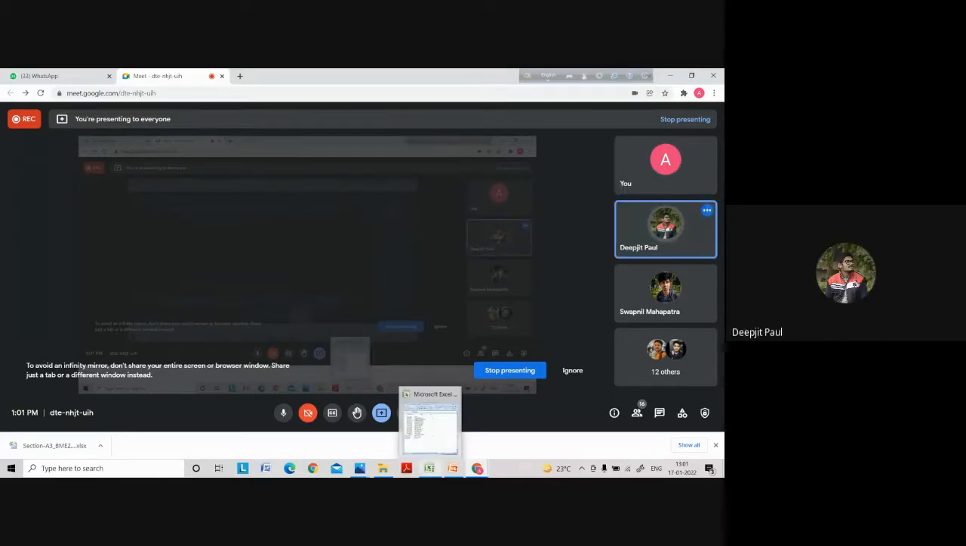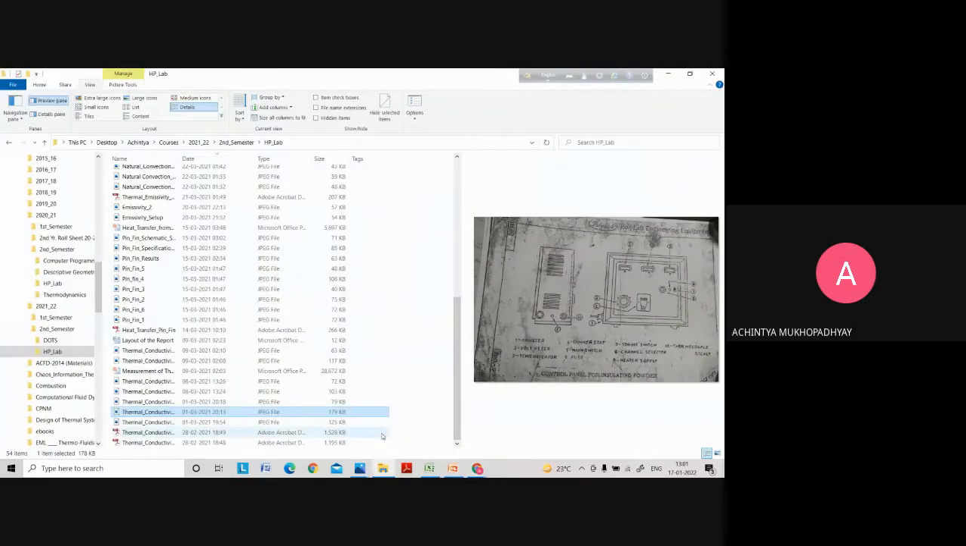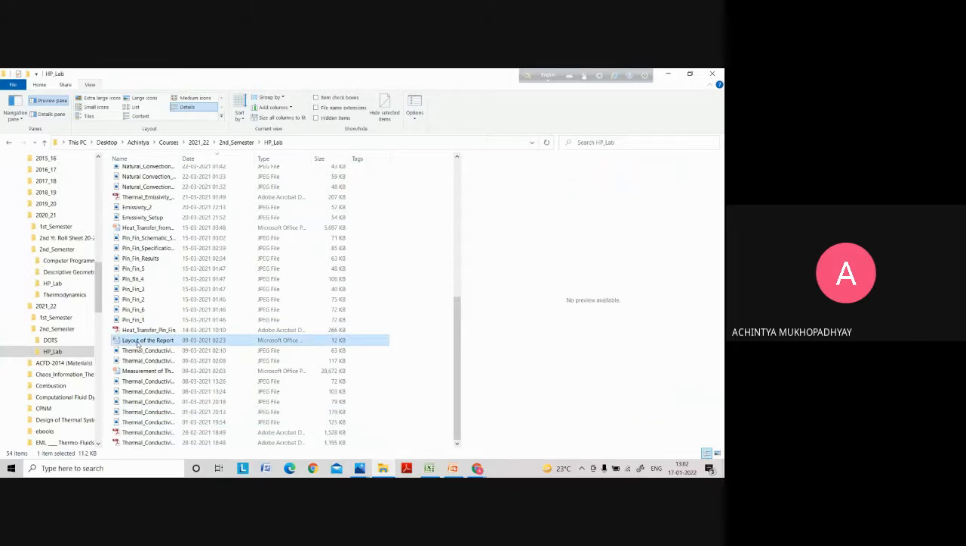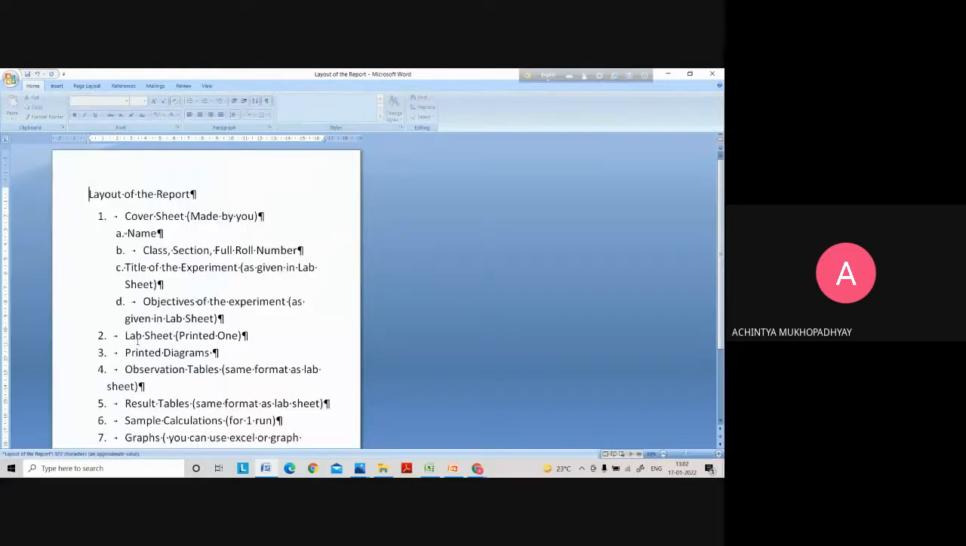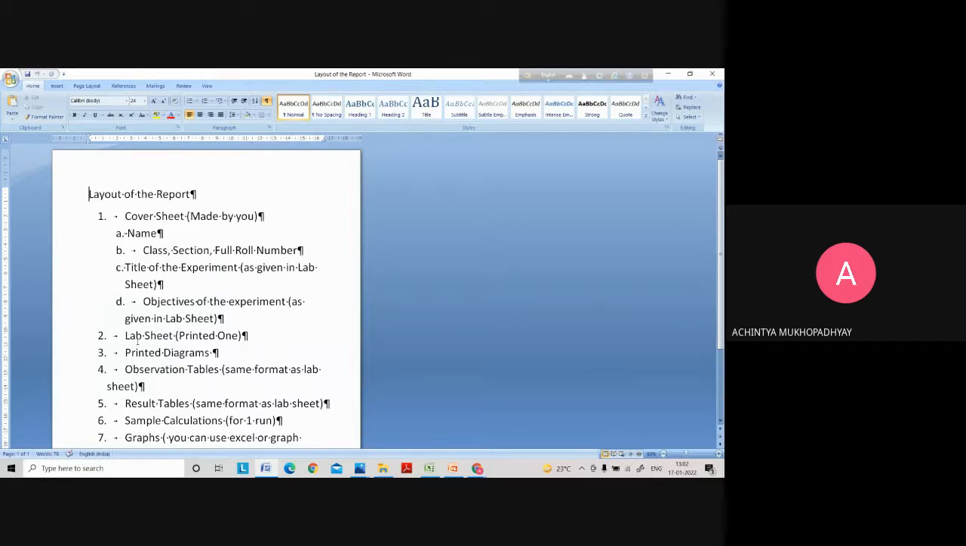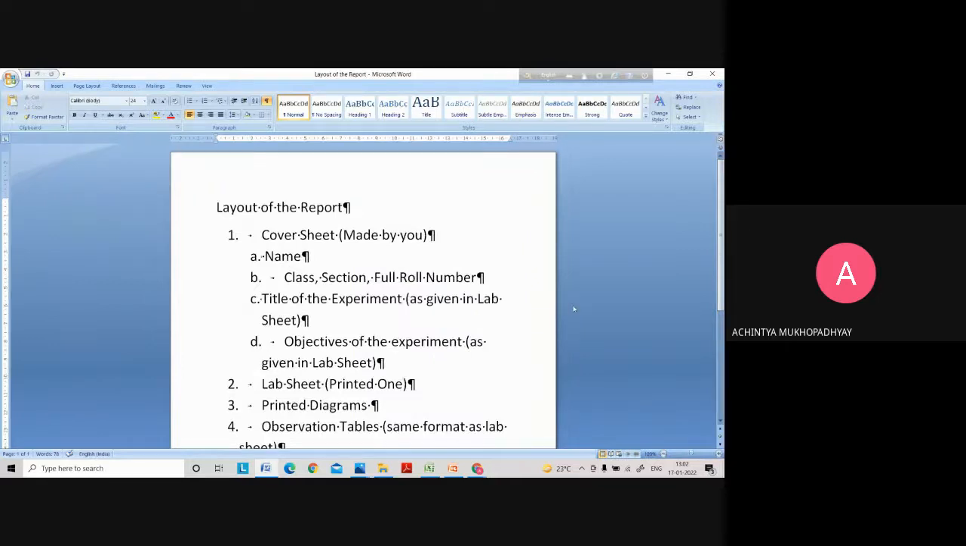Okay. And the other thing is what you have to do in your report, the layout of the report. Actually, in the heat power lab, we insist on mini reports being very thin. I mean, we don't want you to spend too much time writing the reports. Rather, we like you to study that thing. So what you have to do,